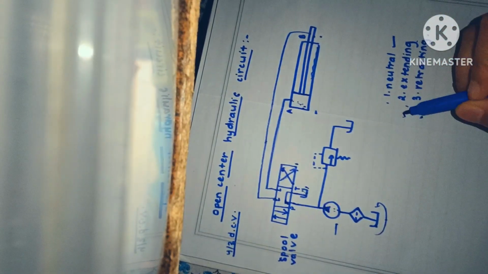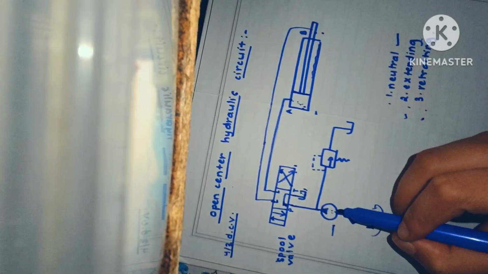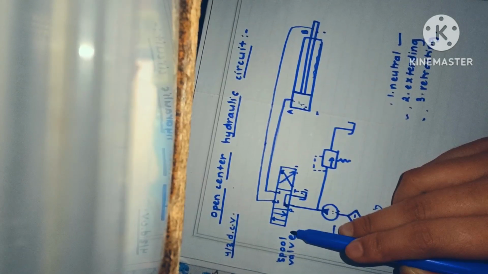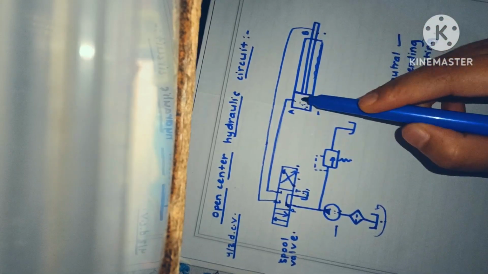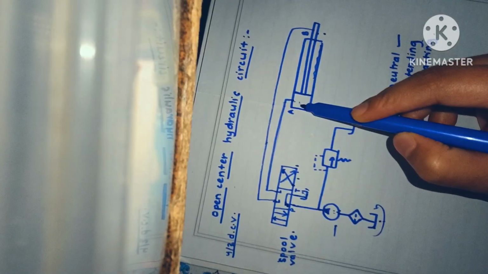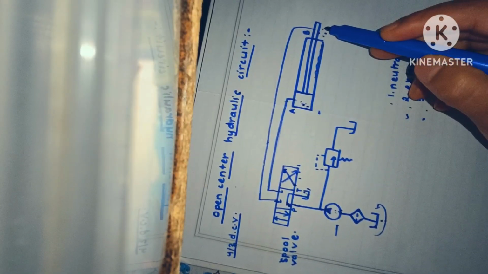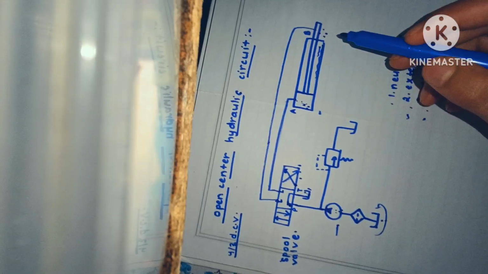Now second, there is the extending position. In extending position, fluid moves from the reservoir to the pump to the spool valve and the extending chamber of the cylinder, because this spool valve or directional control valve will shift to this position. From here the fluid will move to the extending chamber, which is joined here, so in A, and then it lifts up the piston to the right side. It extends the piston, and then from the retracting chamber, this B,